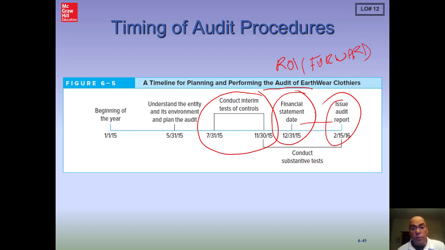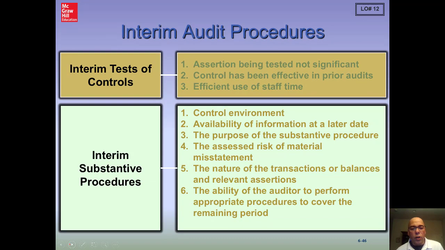Okay, so they give us a sense of the types of tests that could be conducted at interim, showing us the nature of things that we would be doing in interim. Notice, guys, that that's both for tests of controls and substantive procedures. So both of these can be done at interim dates, and again, the amount of audit evidence that we get at these dates is going to be predicated on our assessment of the risk of material misstatement. But we can do interim testing for both our control testing and our substantive procedures.